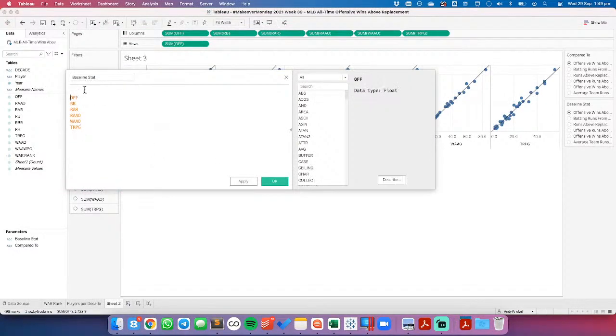So I'm going to use a case statement, so case baseline, and I'm going to say when they pick that, then I want to use the off field. When they choose RB, then I want to use the RB field. When they choose RAR, then when